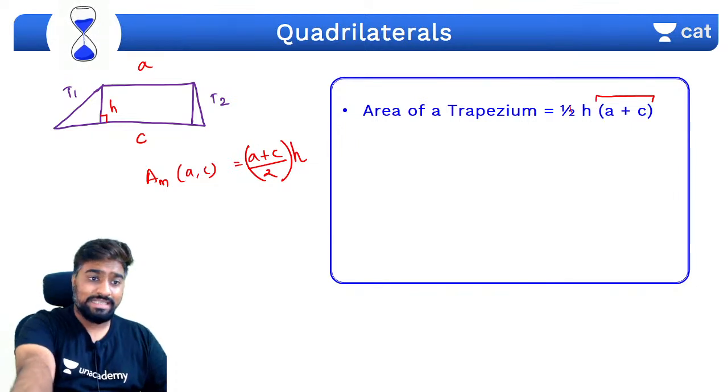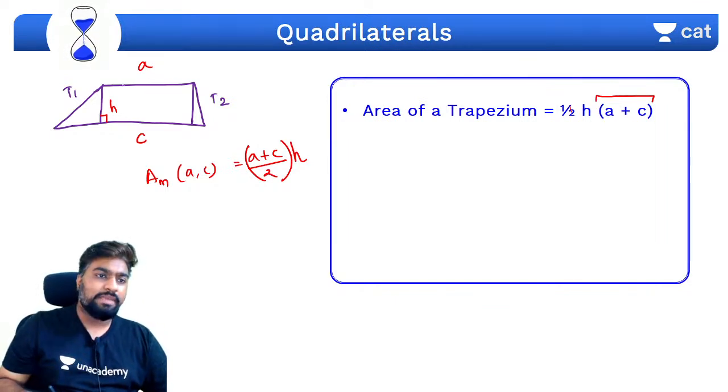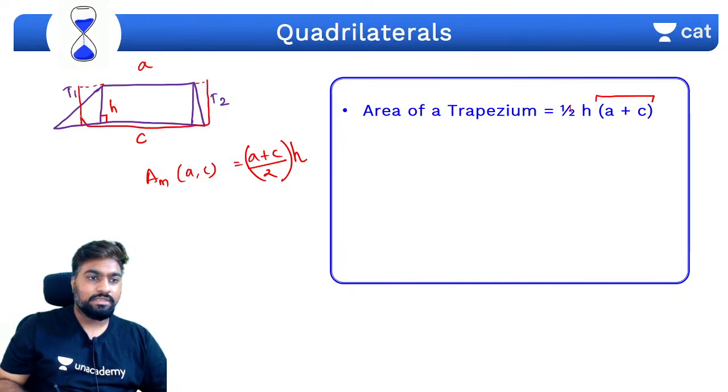Cool. I'm explaining all of this to you. Look guys, I'm not giving you just the formula, I'm explaining to you also why. So once you take the mean of it, what happens? This gets a little bigger from the mean, and from its usual side, this becomes a little small. So you ultimately end up getting a rectangle. Understood? What is the area of that rectangle? This plus this into this, correct? Length into breadth. So what is the length? Length here becomes a plus c by 2, the mean of it.